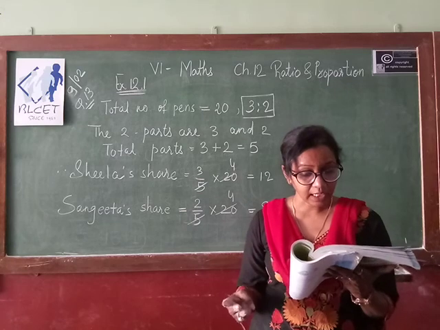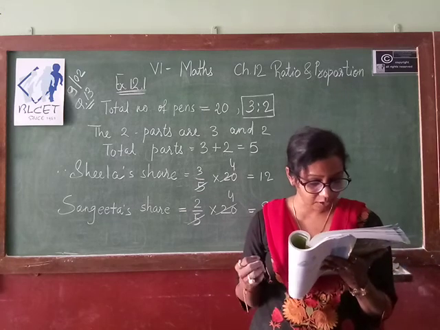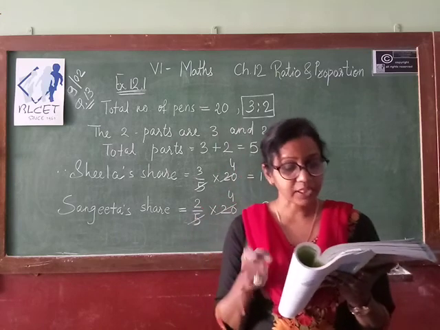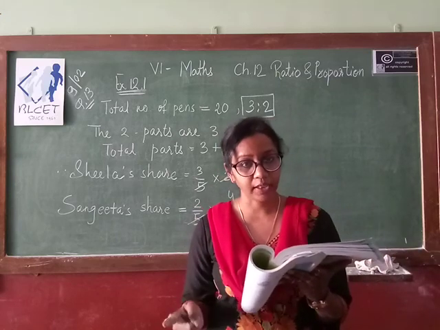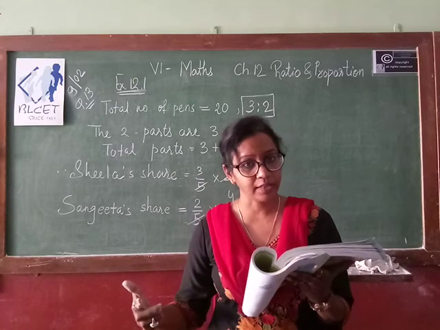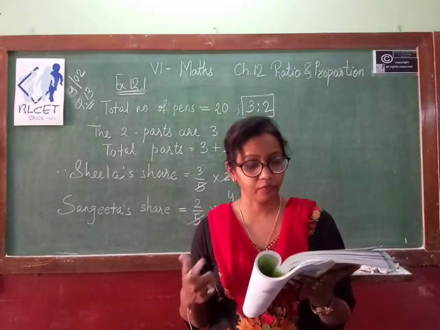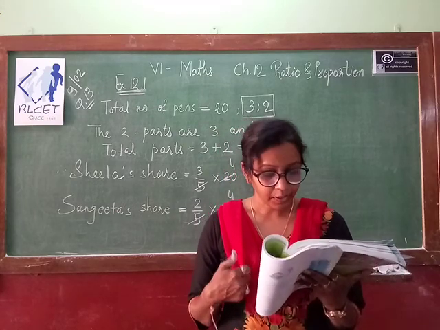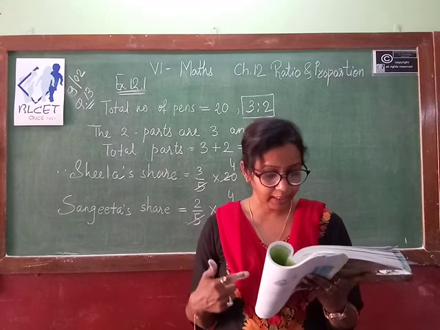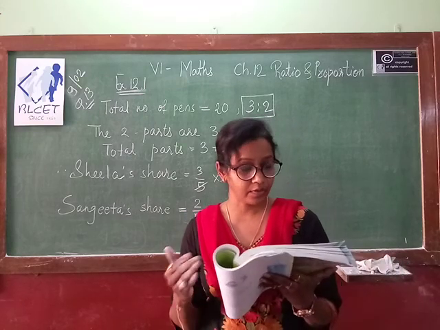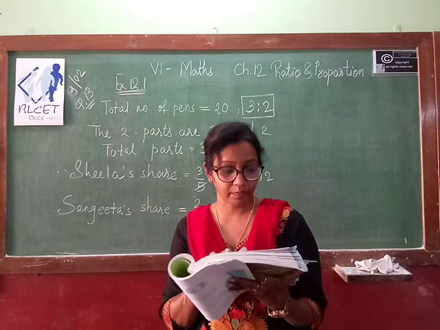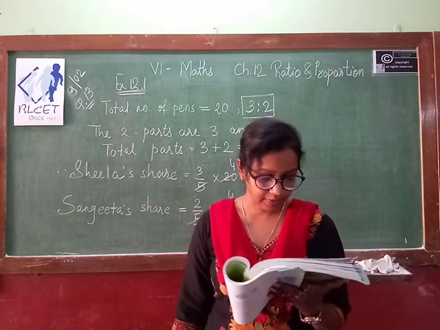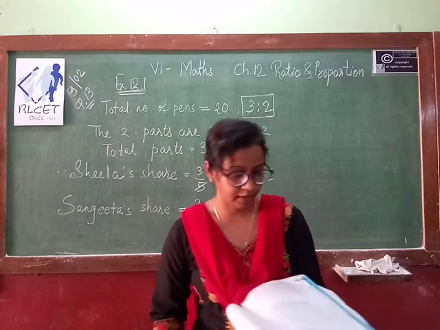And the third you have given 40. That is the breadth of the ball is 40. So here, 20 multiplied by which number gives 40? 2. 20 twos are 40. The same way 50 also you have to multiply by 2. 50 twos are 100. So what is the answer? In the first row 10, 20, 40 and in the second 25, 50 and 100. So this is your answer. This way you can calculate question number 14. Try to do it by yourself. Any query you can ask me. Now we move on to question number 15.